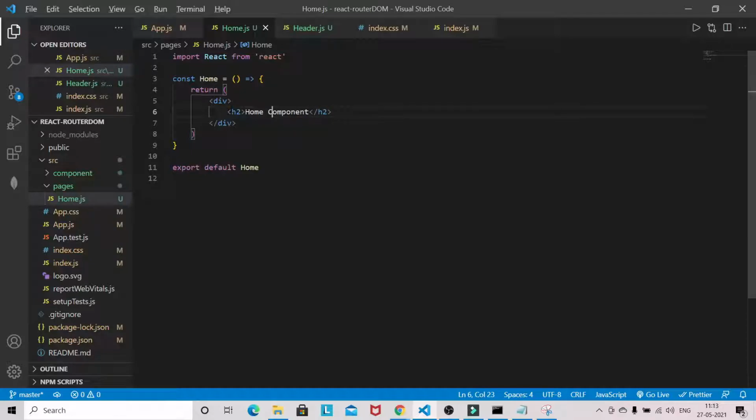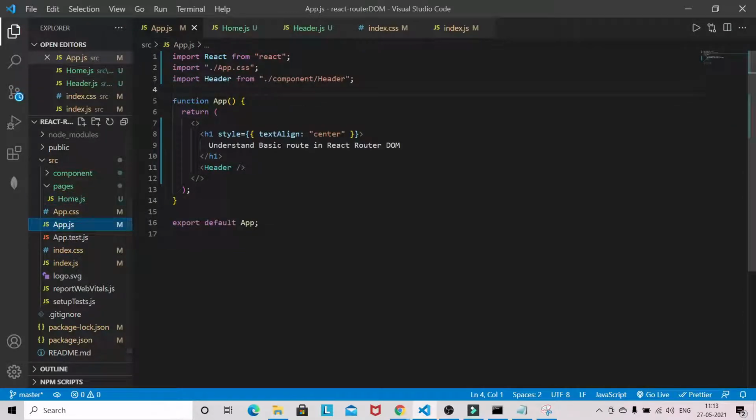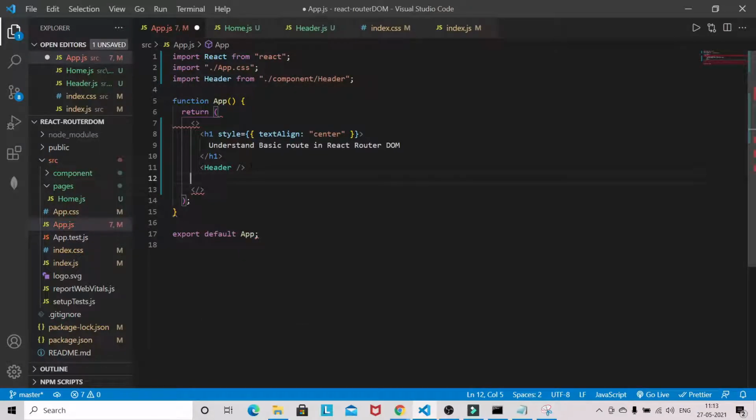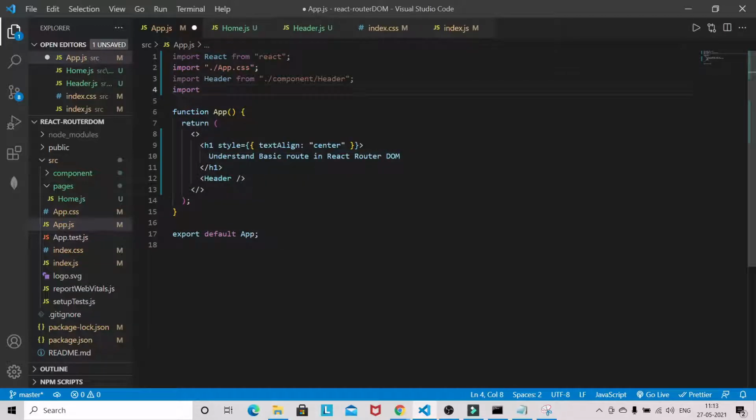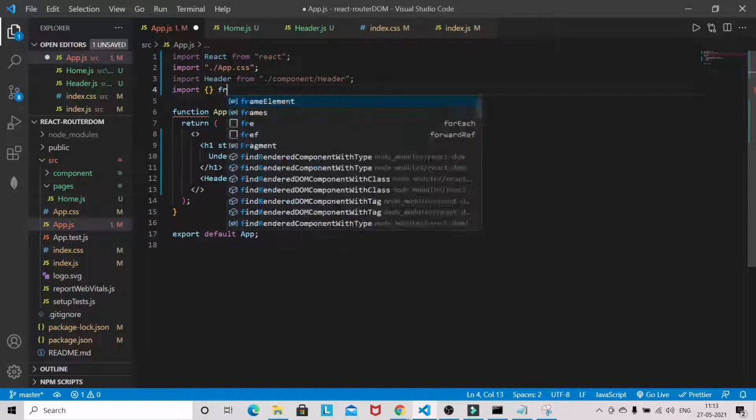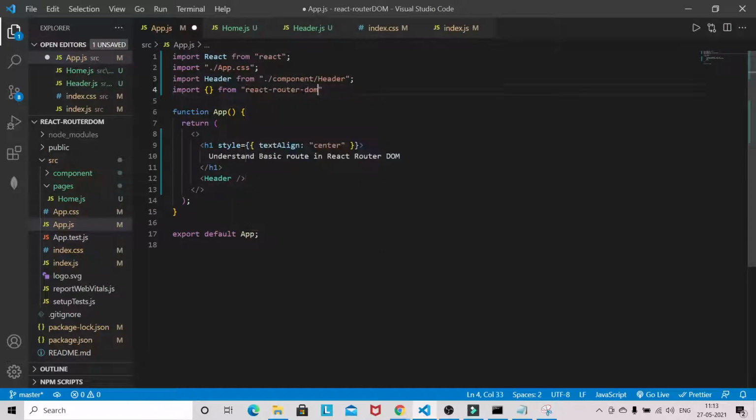This is just a basic component to demonstrate how routing works. And here from React Router DOM, I will bring Switch and Route.